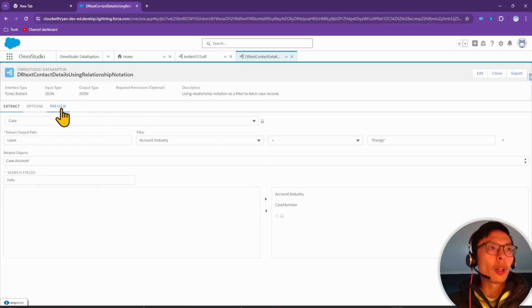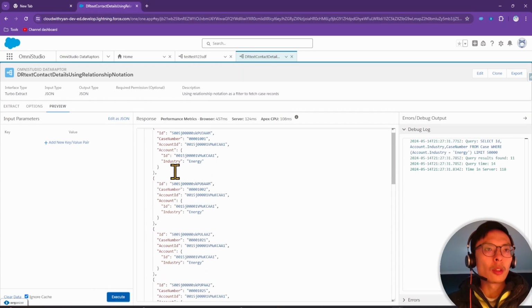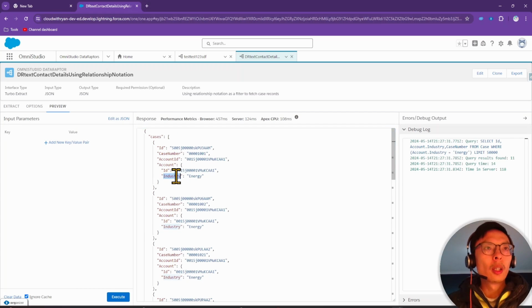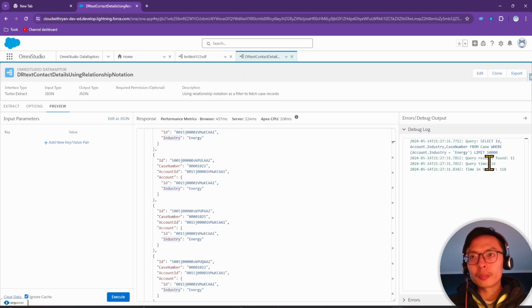So now if we execute this, we'll get a list of case records where the associated account object has energy down as the industry field, and it's returned 14 results. And if we look at the query over here, select ID, account.industry, case number from case where account.industry